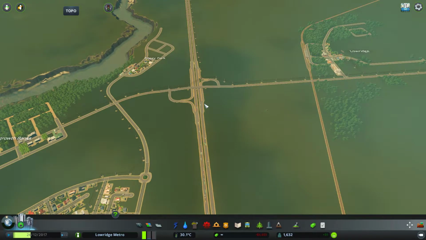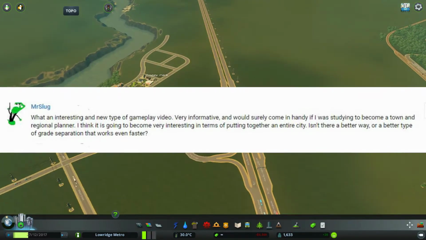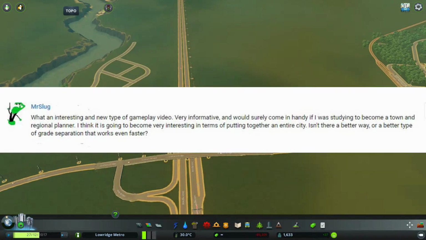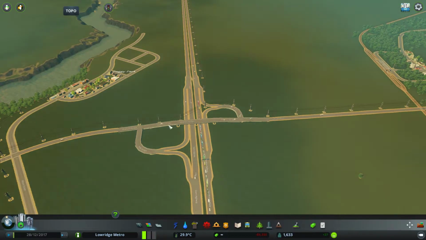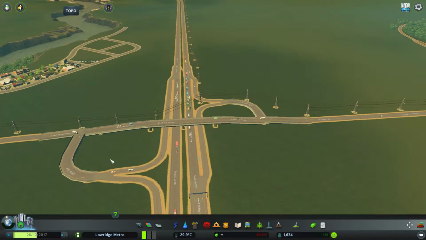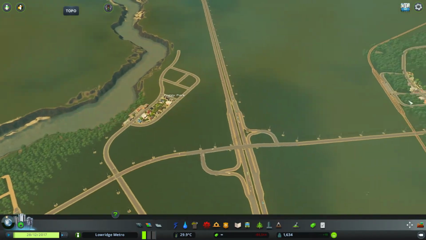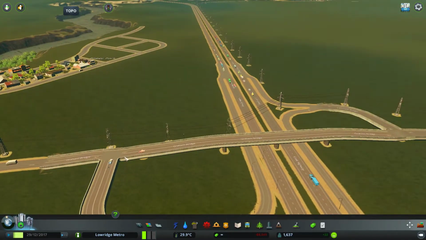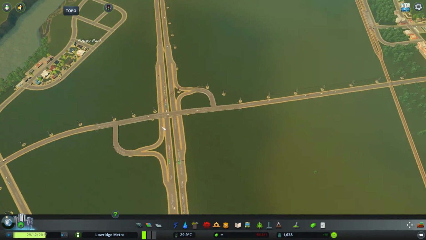So I had one question from Mr. Slug, and he basically asked me, isn't there a better way or type of grade separation? And the answer is yes, there is most certainly a better way or type of grade separation. What I've done over here is basically build a low cost grade separation that you would find in an area like this where there's not a lot of traffic just yet, where you've got stop controls on these roads over here. And what you see here is a